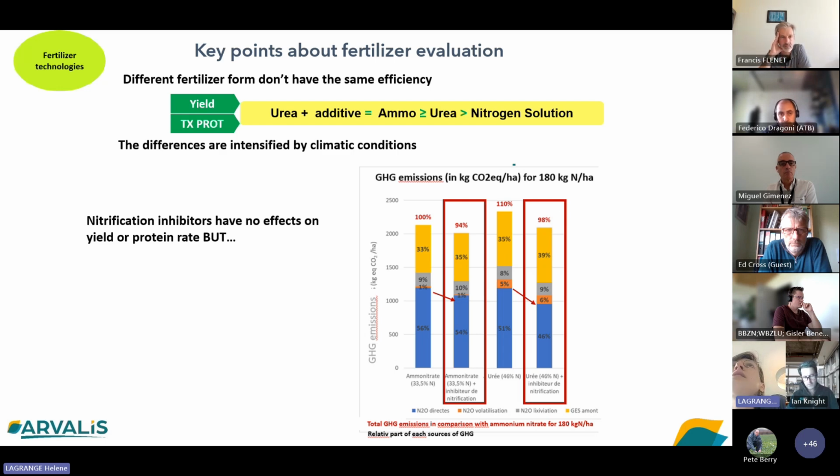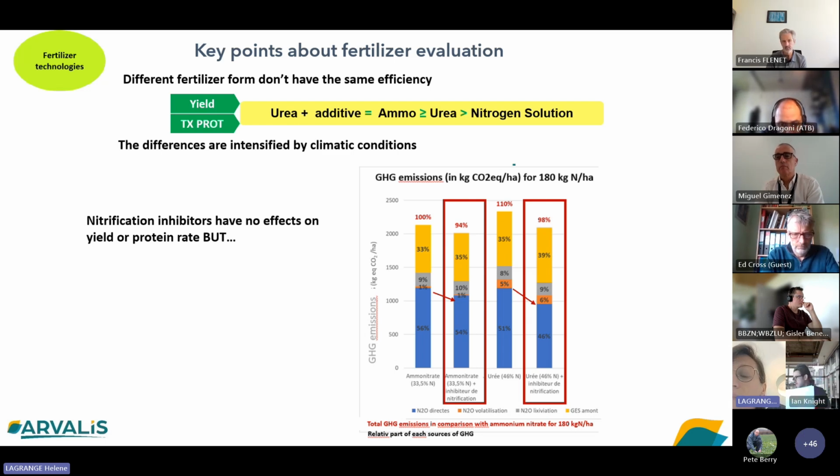Of course, all that depends on climatic conditions and soils. And regarding the nitrification inhibitors, you have no differences, but it means also that this is the same efficiency regarding yield and protein rate. But what is interesting is also to look at